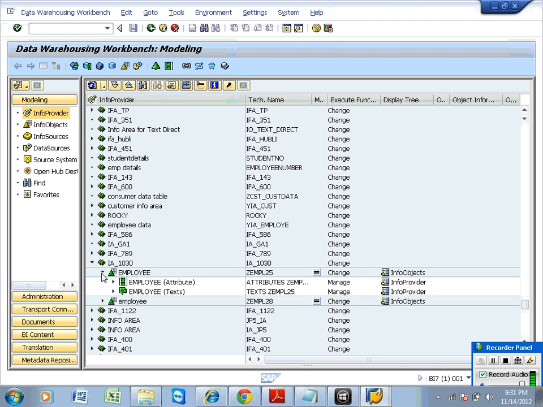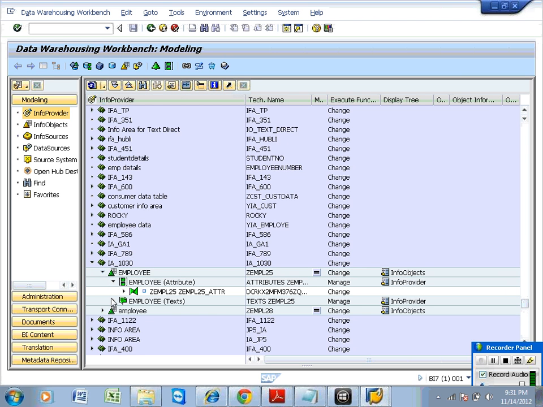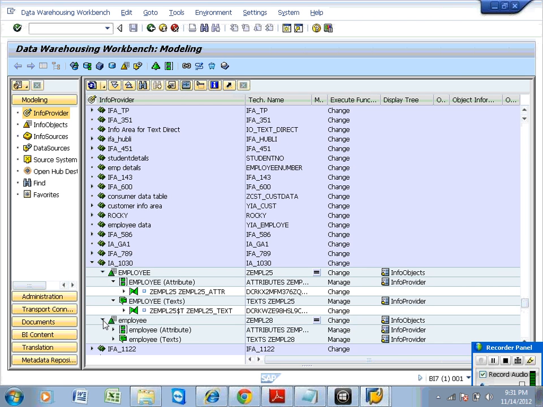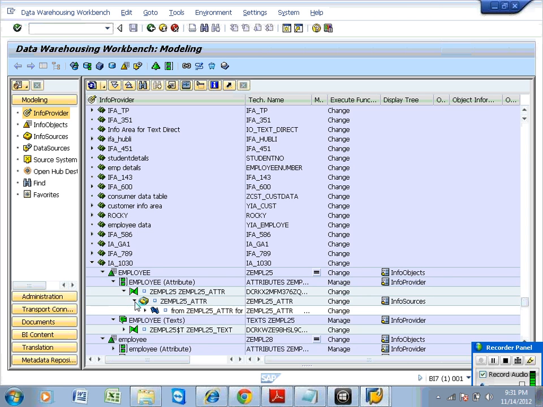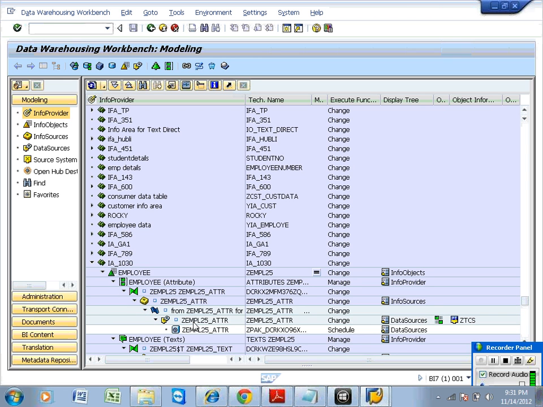Let me take this employee 25. See, this is the data flow.